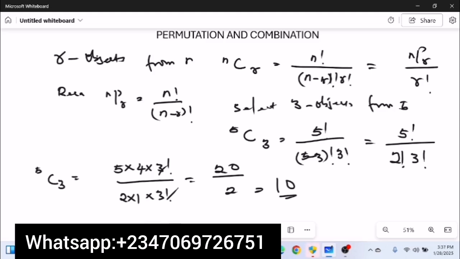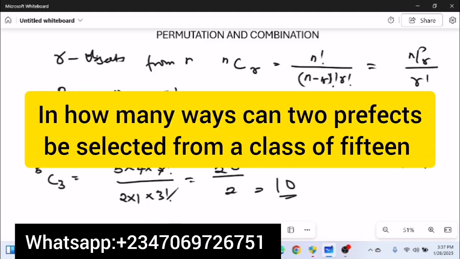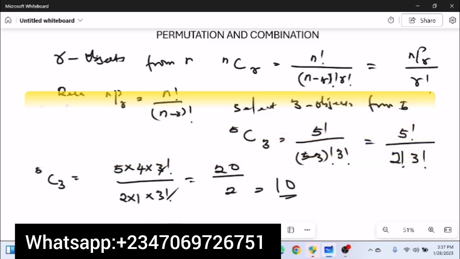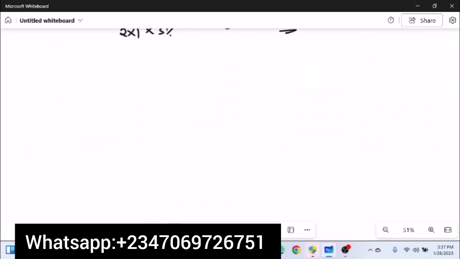Now let's say we are given the question: in how many ways can 2 prefects be selected from a class of 15? Once again, n is always going to be the total number. So the number in the class, n is equal to 15. And then we have to select r equals 2 prefects from 15. Whenever you hear the word select, that simply means combination. In permutation, we are more interested in the order and arrangement. But in combination, we simply talk about selection without arrangement. So you have 15 combination 2